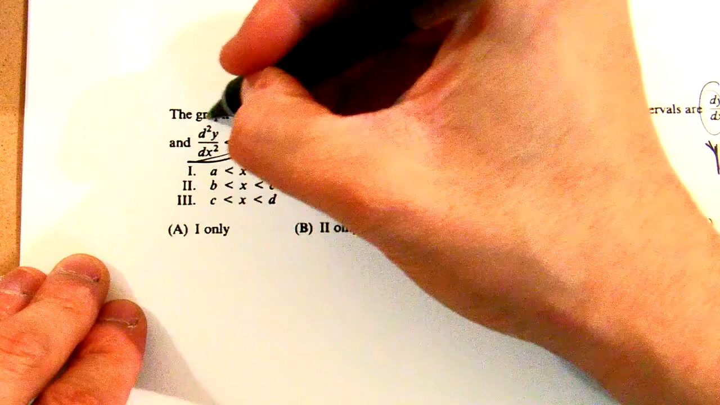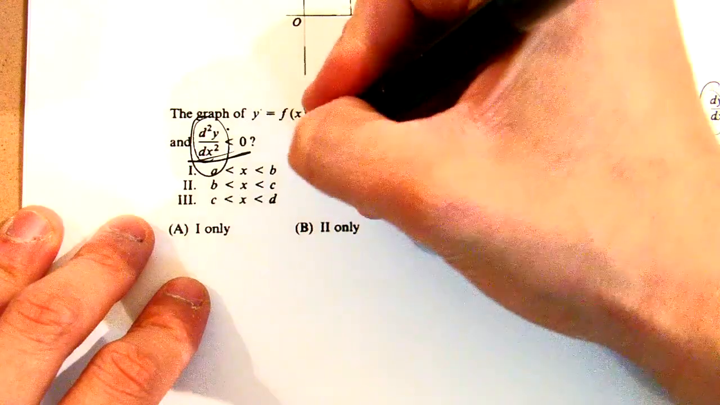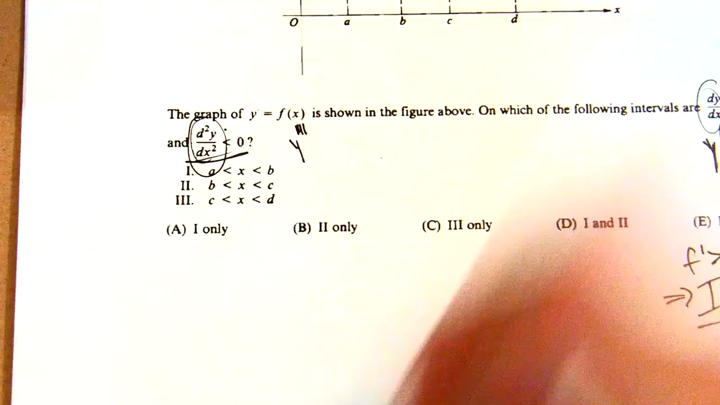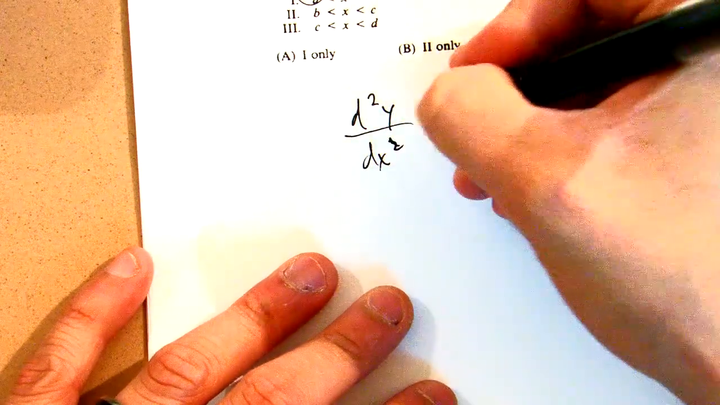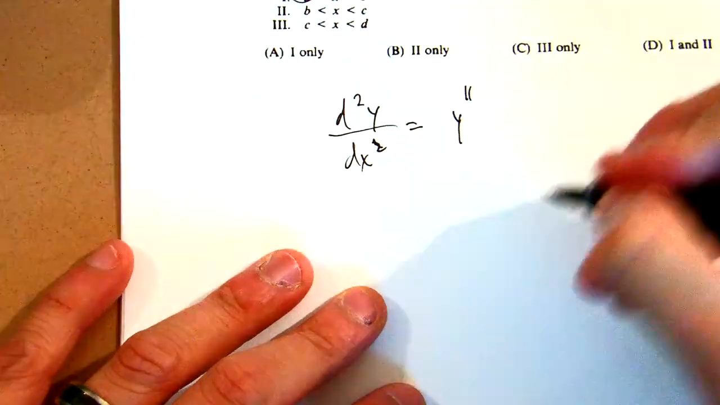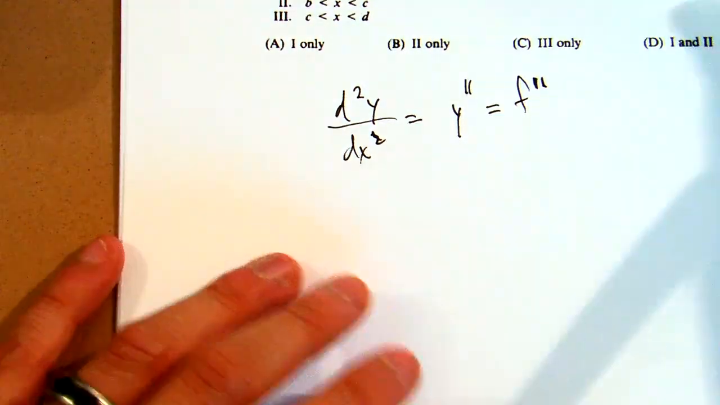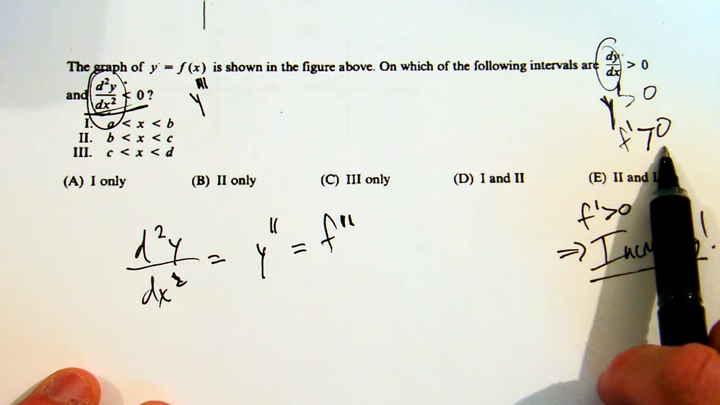Now, this one here, we haven't seen this notation enough. This is just y double prime. All this is y double prime. Okay? So I want to emphasize this. When you see d²y/dx², this is y double prime. And you know, y double prime is the same thing as f double prime, right? So I want to know where f prime is greater than 0, which means increasing, and where